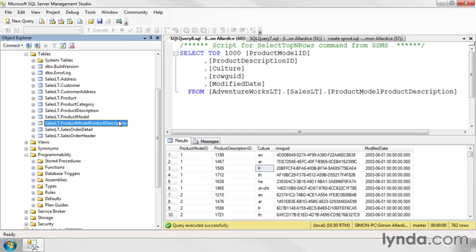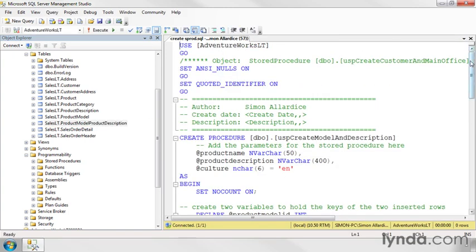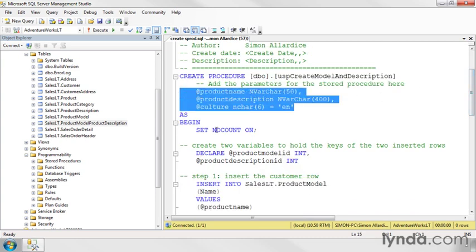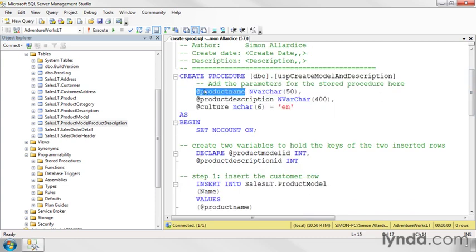So this is a great thing for a stored procedure. And in fact, that's what this stored procedure example does. It takes 3 parameters, a product name that will be used to go into the product model table, a product description that will be used to go into the product description table, and a culture which will be used to go into the one that joins them together. And in fact, the culture I've set up here with an equal sign. That means this is a default value. I don't have to pass that information into this stored procedure. The idea is I can call this stored procedure once, give it a couple of pieces of information, and end